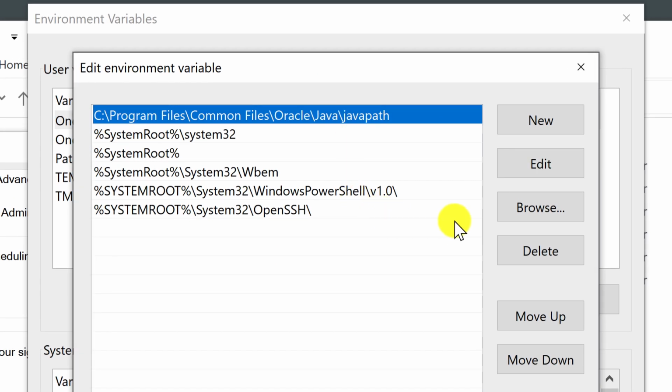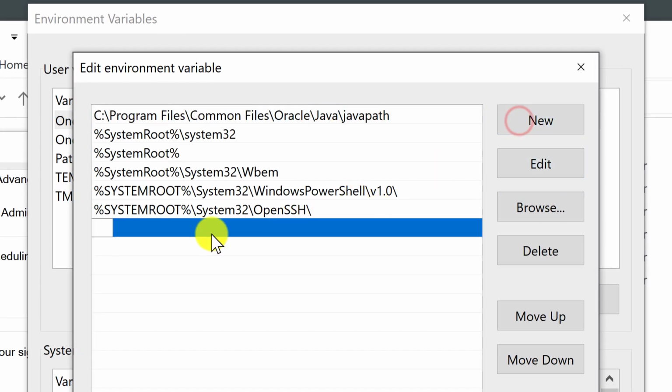In the edit window, click new and type %JAVA_HOME%/bin. It is best practice to use the environment variable Java home to refer to the binary folder. In case next time you upgrade the JDK version, you just need to update Java home, so you do not have to edit this path variable.